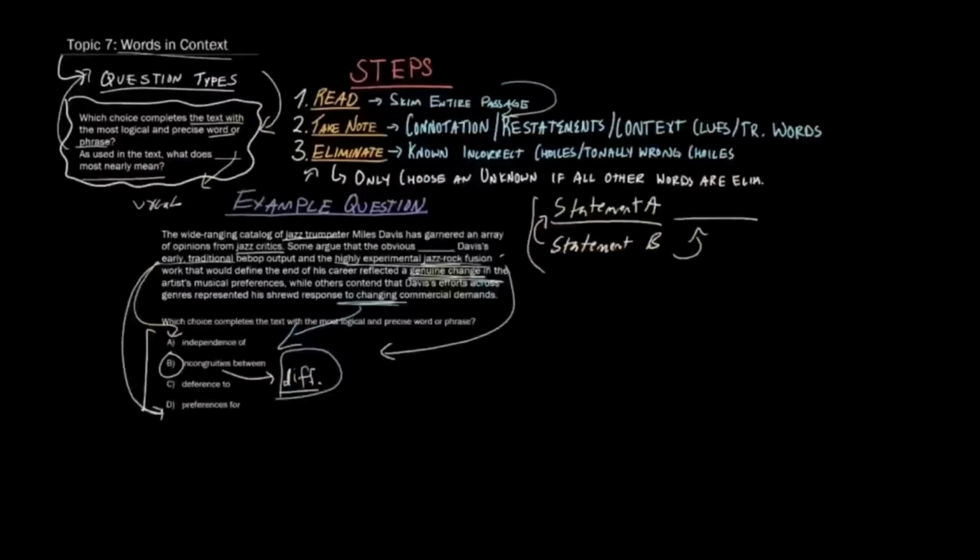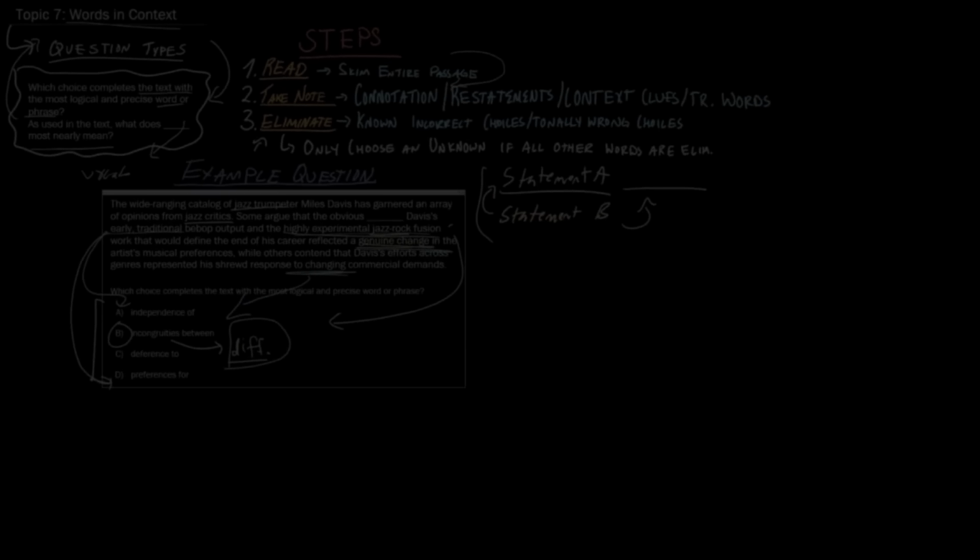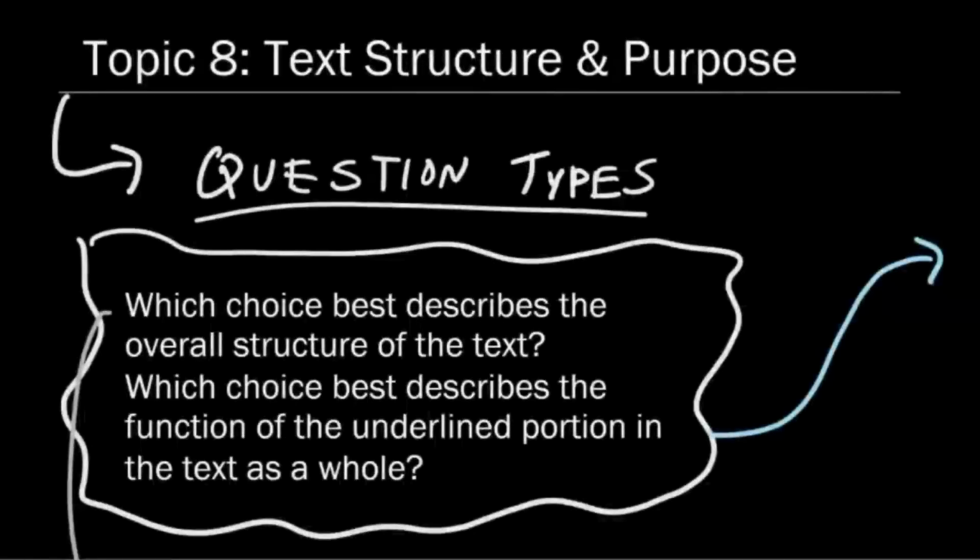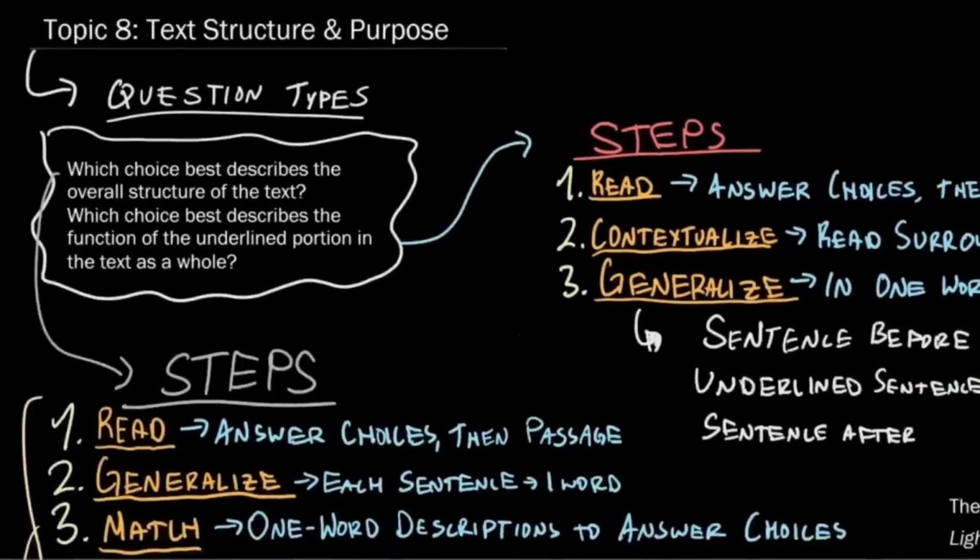And that is how you solve a words in context. All right, topic 8, text structure and purpose. This is one of the most important skills that will show up on your SAT. Guaranteed these questions will be on there. There's only 2 question types, and I guarantee you there will at least be 1 or 2 of these questions